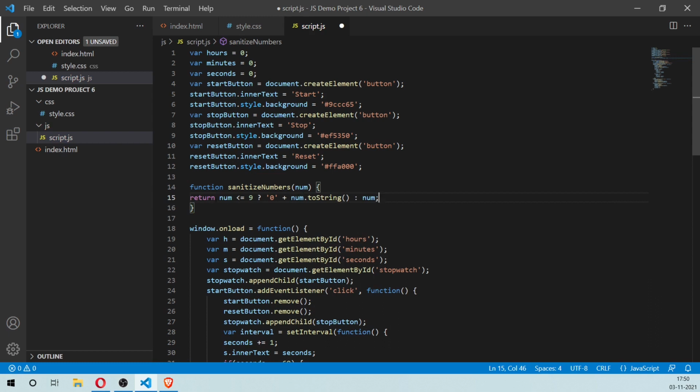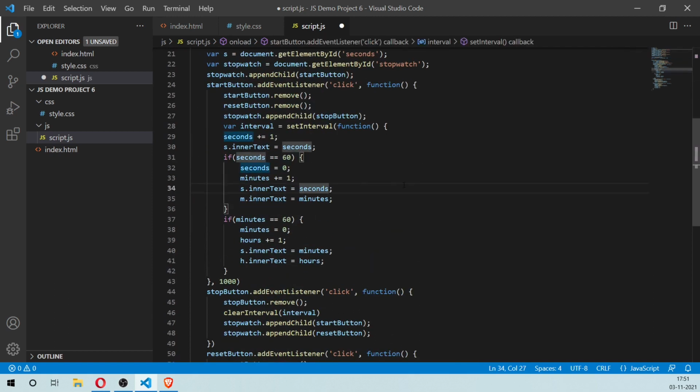So this is a very strange looking statement. What I'm actually doing is just a ternary operator. We've seen ternary operators where we're passing in a certain condition, and if this condition is true, then we execute this part, that is between the question mark and the colon. If this is false, then we execute this statement. So depending on whether this condition is true or not, we're going to execute this or this respectively. So what this will do is, whenever we are updating the seconds or minutes on the screen, it's going to give us this.